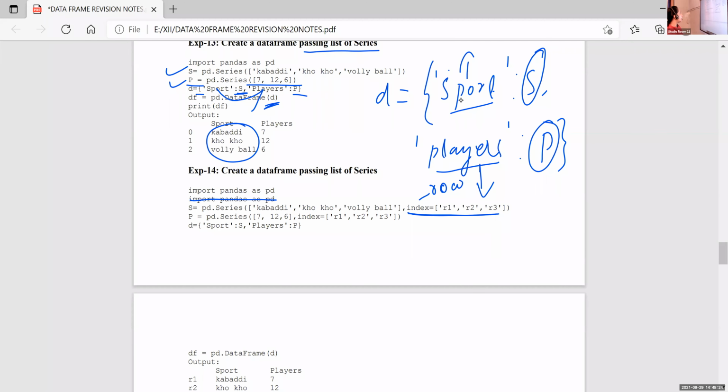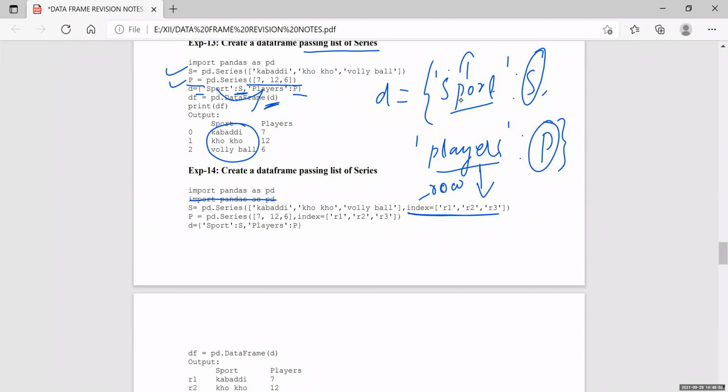Sneha, switch on the video and explain the P is equal to pd dot Series statement. Ma'am, what is the meaning of P is equal to pd dot Series? Some values, players.